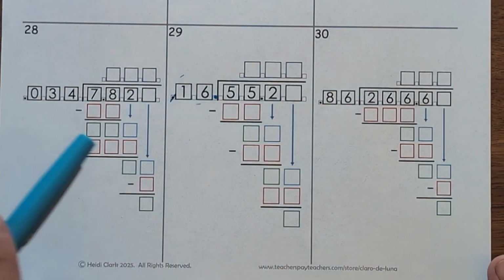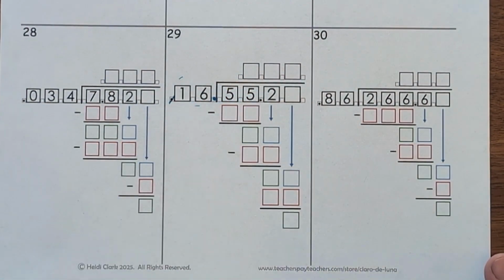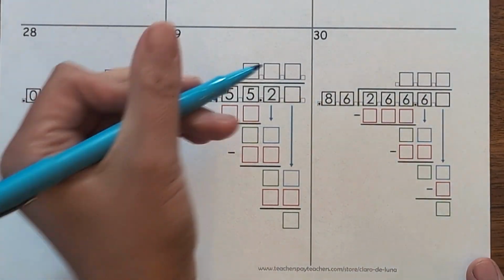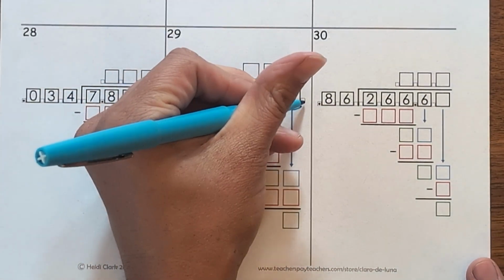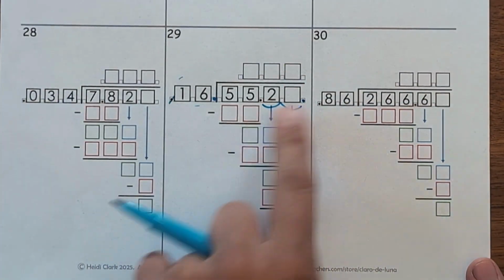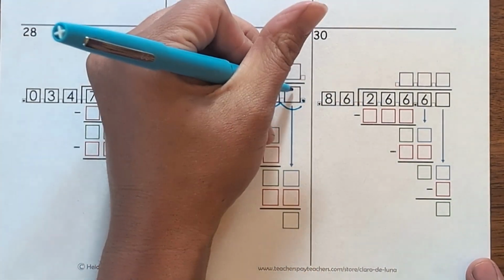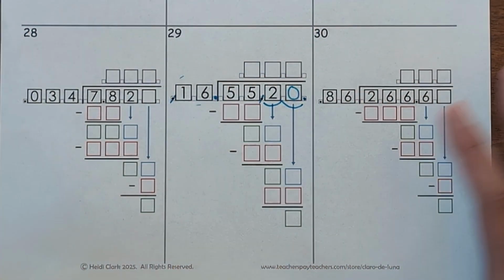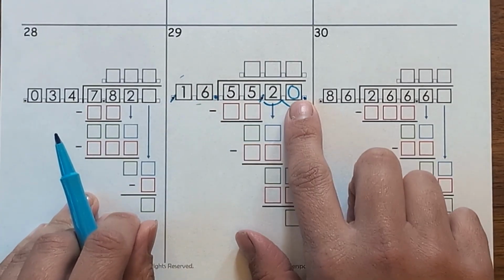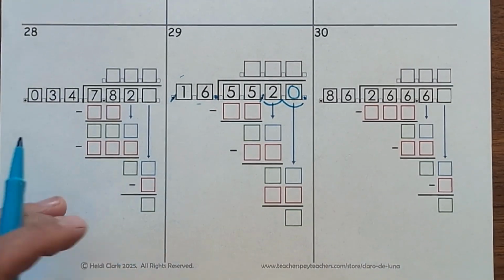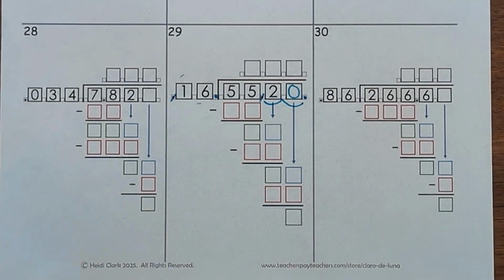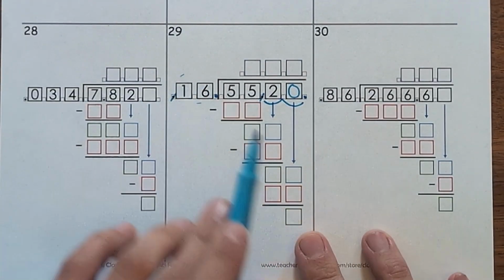Whatever you do to the divisor, do to the dividend. So you're going to also move this decimal point 2 times. And I want you to think, what do we do here? You're going to put a 0 there. Now we're working with a whole number here. We did the same thing over here, and we're going to do our long division as usual, using 16 as